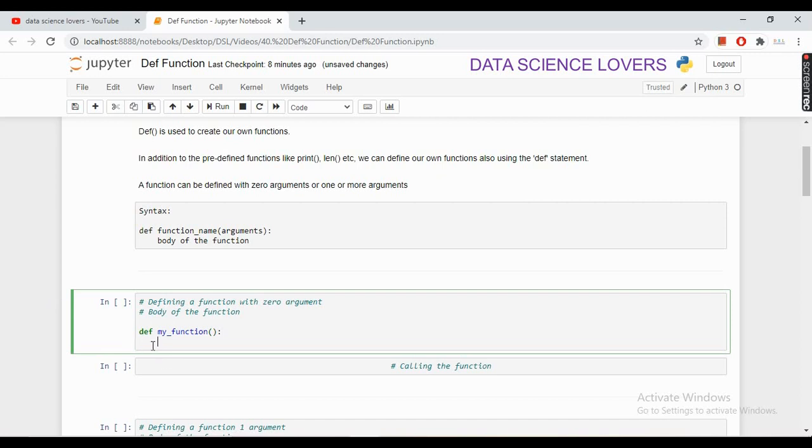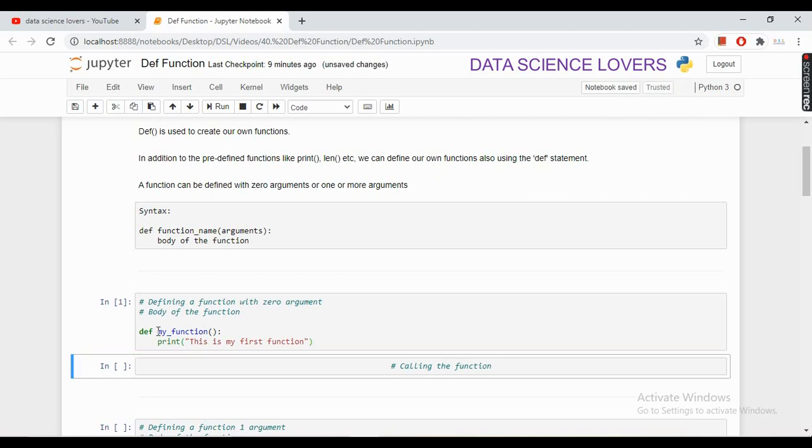Now as you can see, this will indent this part of the function. Now here I have to write the body of the function. The body of the function is print this is my first function. So this is the simple function with 0 argument.